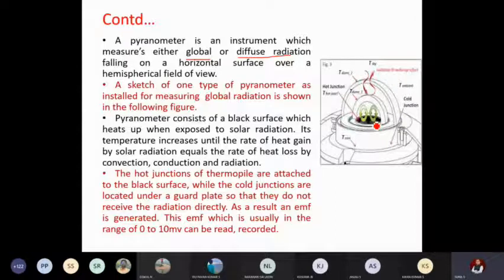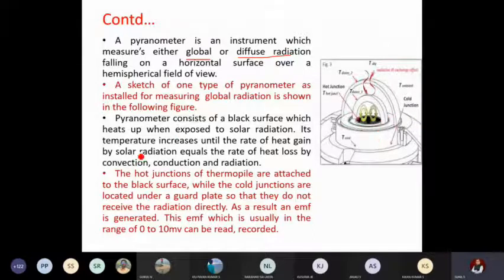For example, if your car has a seat cover of black color and you keep it in sunshine, you can easily notice that the heat inside the vehicle will be more and the seats will be very hot. If it is of some other color, say white, which is a reflector, you don't find so much heat. That is why black color, being a good absorber, is used here.